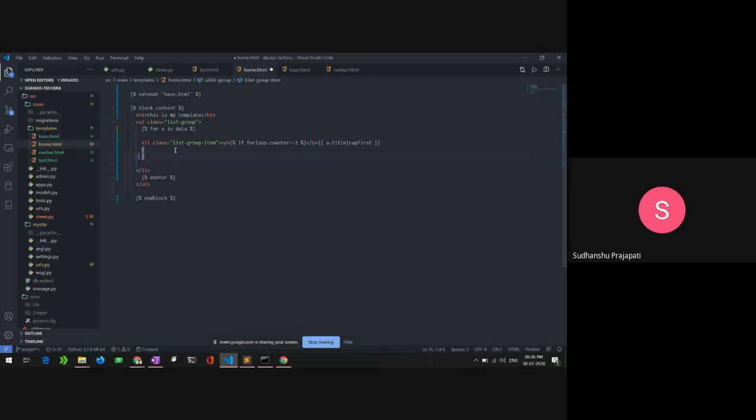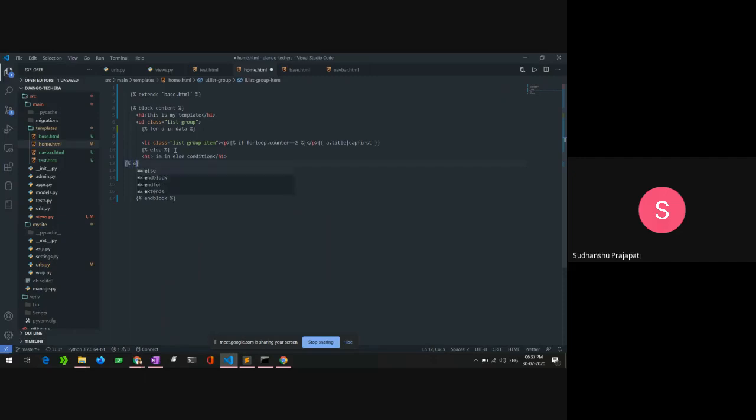And now give it an else condition that will write, I am in else condition, and I need to close my if condition, which is required to work with an HTML template.